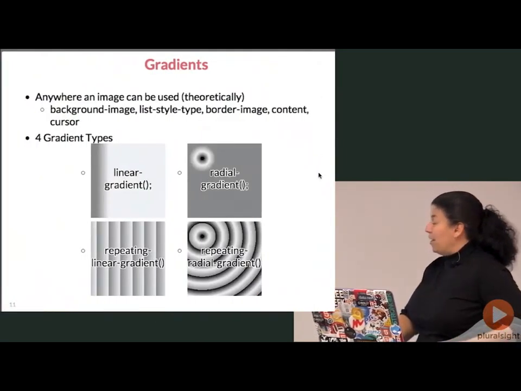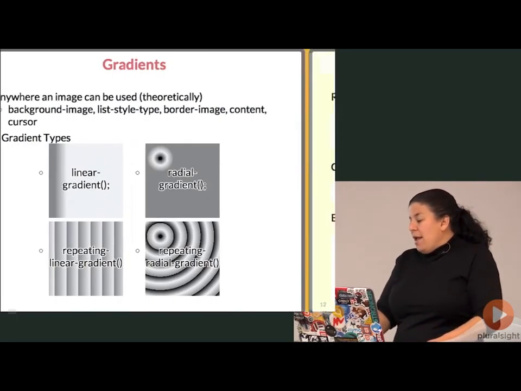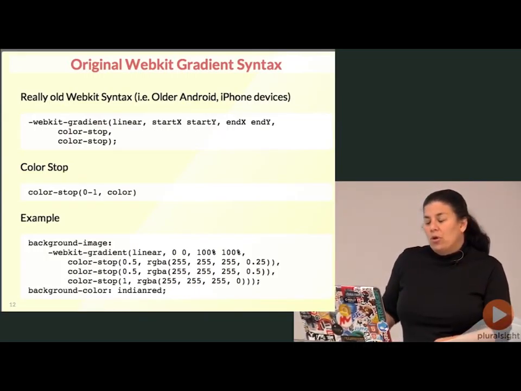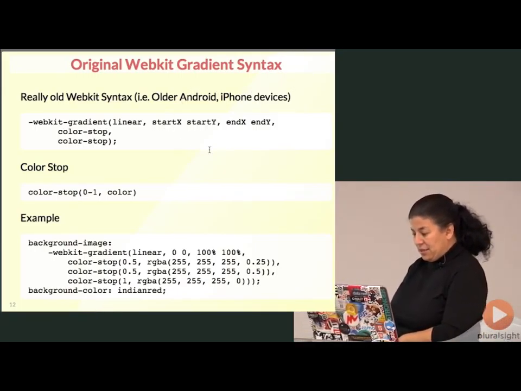Anyway, so we have 4 types of gradients. We have linear gradients, repeating linear gradients, radial gradients, and repeating radial gradients. And we have 3 different syntaxes that we currently have to support. We have a very old syntax for WebKit, which is still what is required on older Android devices and older iPhones. And so the syntax